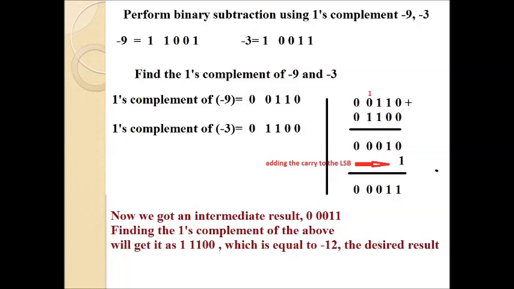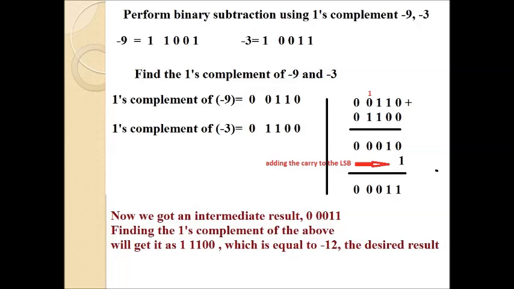Okay, here we can see another example. Two negative numbers are given, -9 and -3, right? So we have written the binary equivalent of -9 and -3. We have to find the ones complement of -9 and -3. The ones complement of -9 you can see on the screen, and the ones complement of -3, that also you can see on the screen, right? How are we finding the ones complement of the negative numbers? By replacing each 0 with 1 and each 1 with 0, right? After finding the complements, what we have to do? We have to perform the addition of these ones complements.